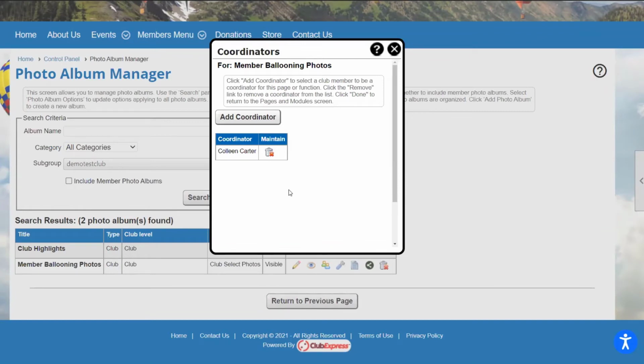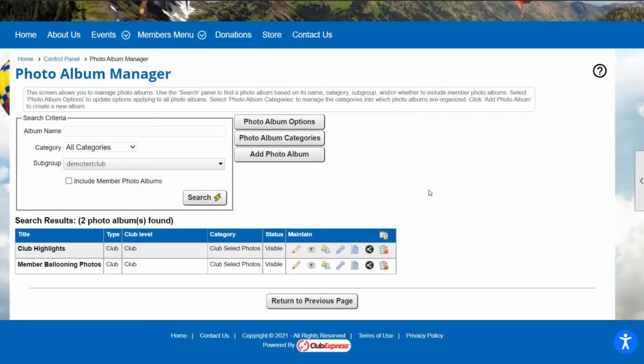So maybe a couple of weeks after you've opened up this photo album, you send out a blast email letting your members know that you've created a photo album for all of your members to contribute their photos to. And then once that expires, you can go in, remove all of their rights, and you still have all of those photos stored. So that's one of those things that I like to call a sort of turnkey operation, where